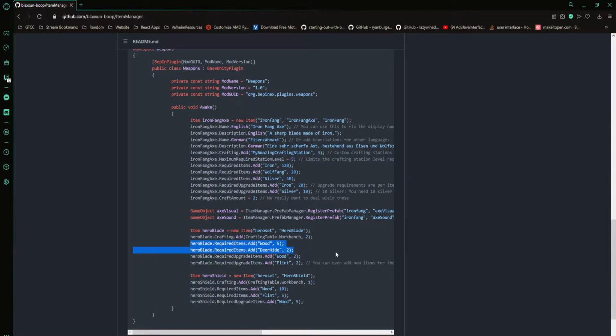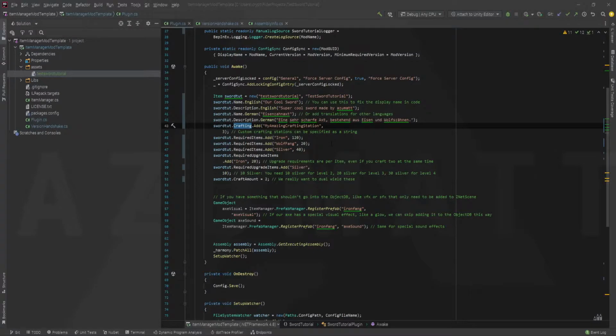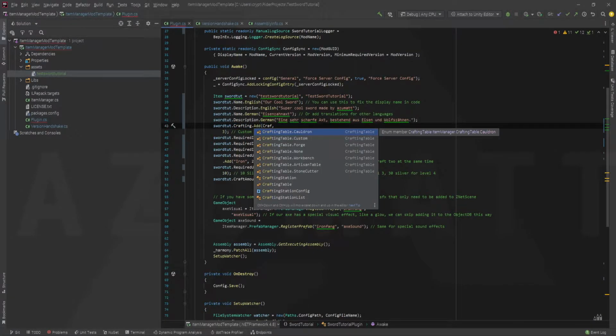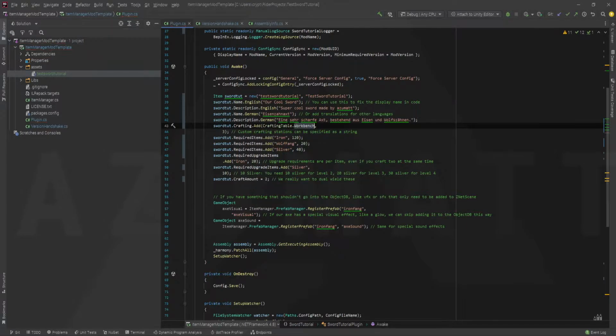We don't need to add anything as far as crafting.add, crafting table.workbench, right? So we want the workbench here, workbench here. This is if it's a custom asset, custom crafting station. We actually want to add this to the workbench, so that's what we're going to do. So we're going to say crafting table, and as you can see, IntelliSense is picking this up for us. So we can say custom, we can say cauldron, workbench, whatever we want. We're going to add it to the workbench, and we're going to say, yeah, sure, keep iron, wolf fang, silver, whatever. We're going to spawn it, so it doesn't really matter to us,